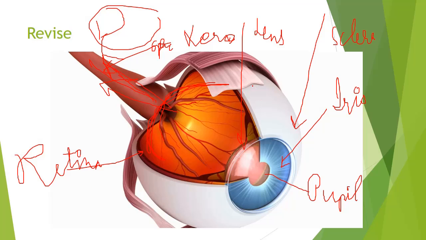And these are the ciliary muscles. The ciliary muscles hold the lens properly. You have seen that in old age these ciliary muscles get loose, so the lens is not working properly, and so their lens needs to be changed in old age. This is because of the ciliary muscles.